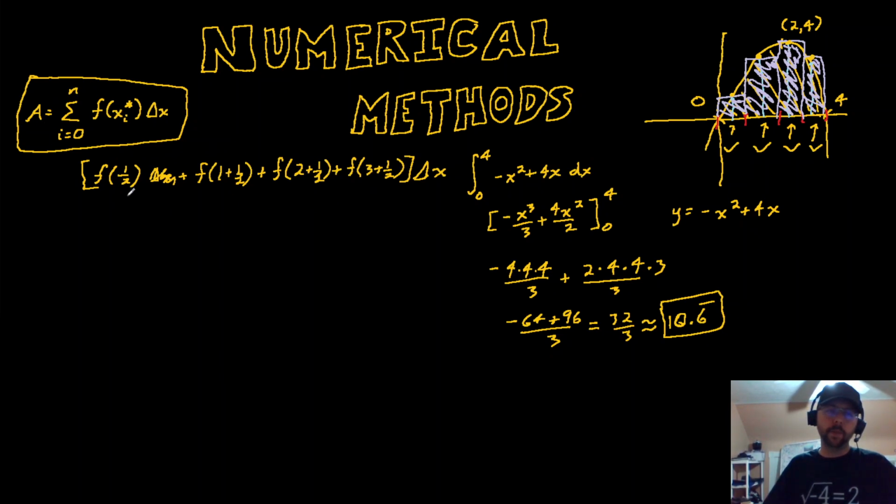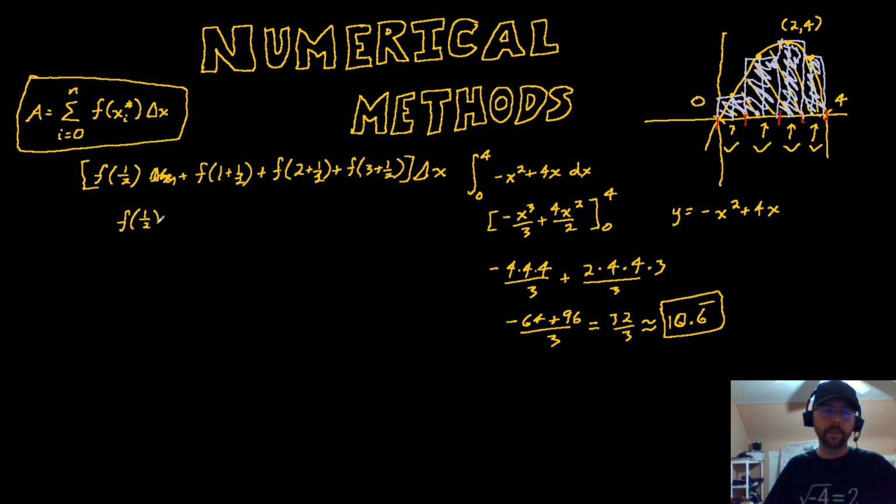So now that we know what happens, we can turn this into computer code. And so you can see what we're going to do is we're going to say the area is going to equal the sum of all of these times delta x. Or as I started to write, you could write